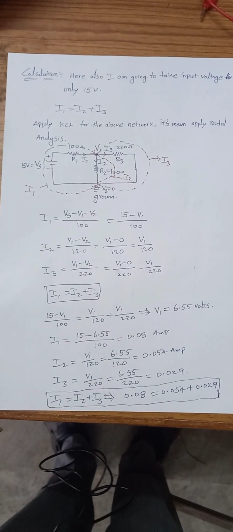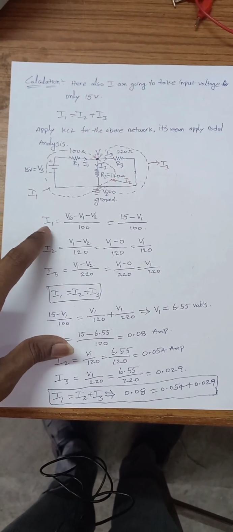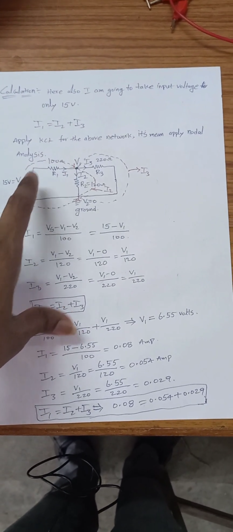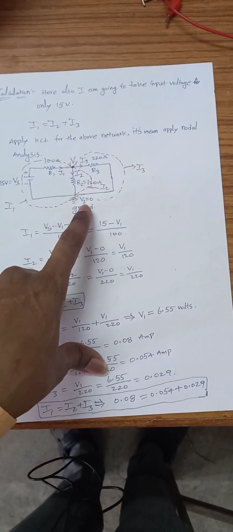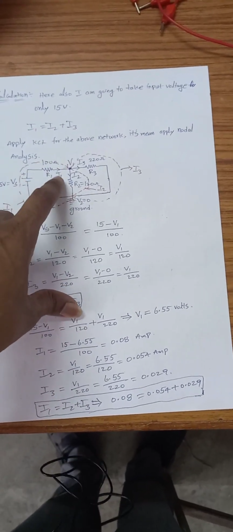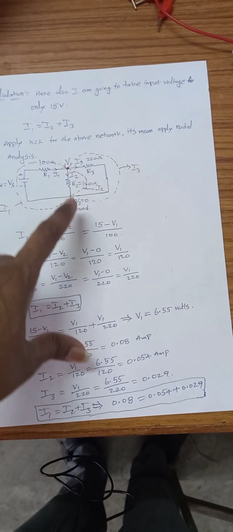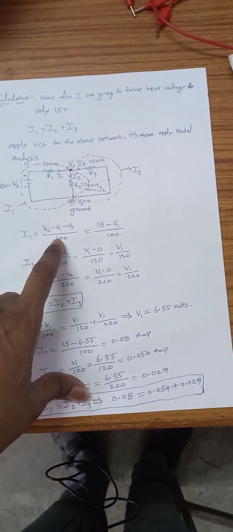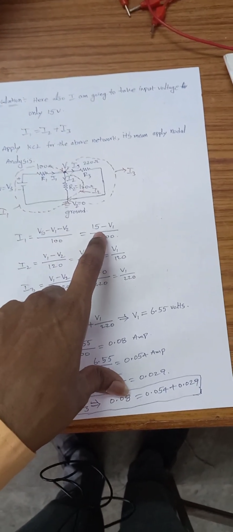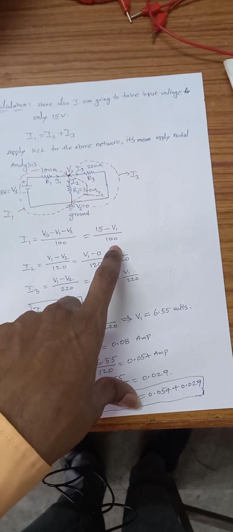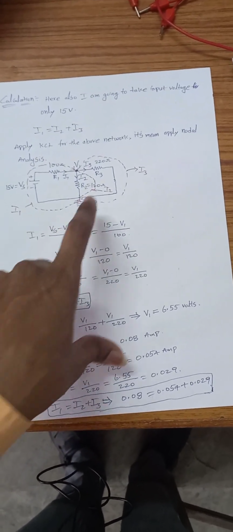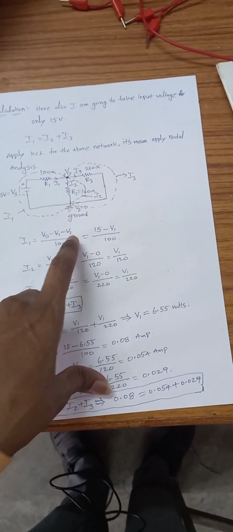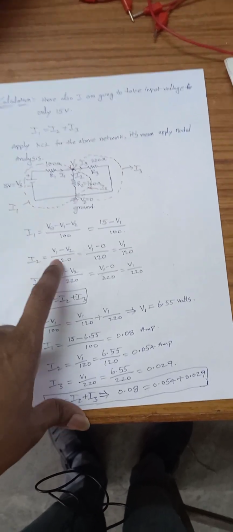So according to that we can calculate I1 equal to source voltage minus V1 minus V2, by whatever the resistance is in between, that resistance is 100 ohms. We can replace here 100 ohms, that is equal to 15 volts minus V1 by 100 ohms, because V2 is the ground terminal, and the ground terminal is always 0 potential, V2 is 0 here. And here also the same, I2 equal to